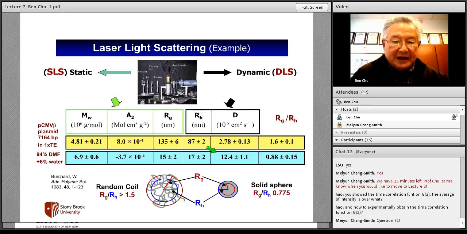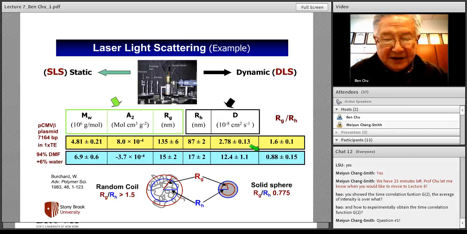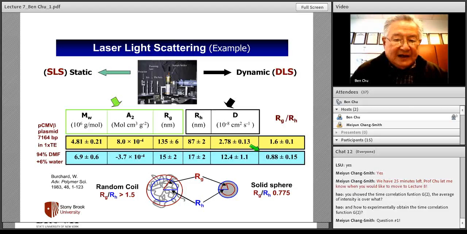And you can make a measurement of Rg over Rh ratio again, and that's equal to 0.88. Now why do I say this? From this, you can see that you can now learn something about what is happening to the polymer coil that is of interest to you, and whether they are random coil,